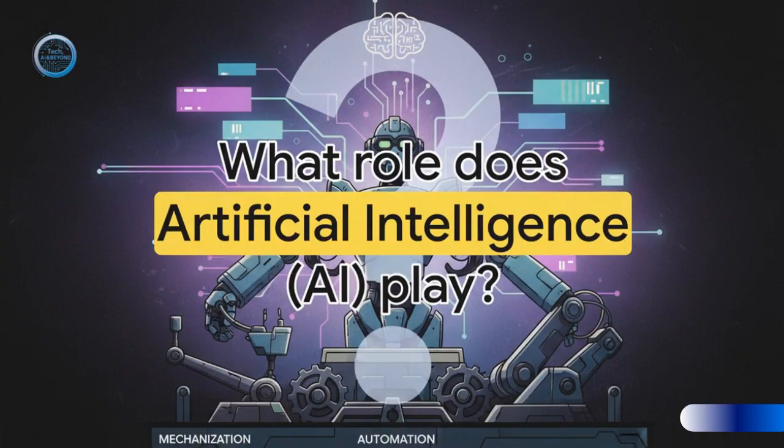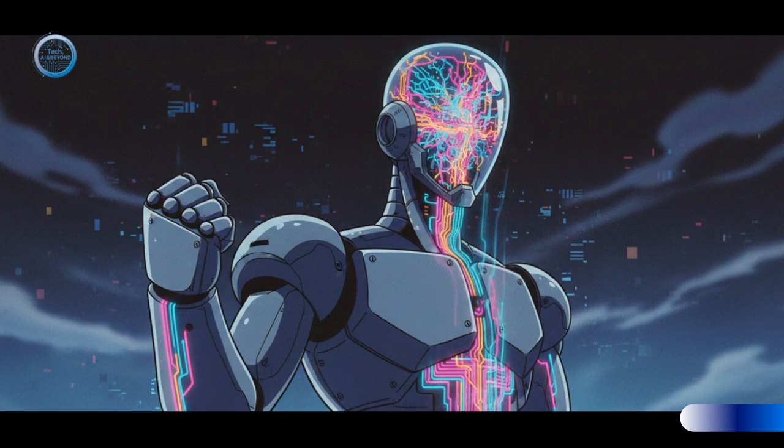So now, we've climbed from muscle to control to a physical body that can sense and act. We have a robot. But for decades, that robot's brain was still just following a very rigid set of pre-programmed instructions. The final and honestly the most transformative layer on our ladder, artificial intelligence, changes that entire paradigm. I absolutely love this phrasing. If robotics gives automation a body, AI gives it a mind.